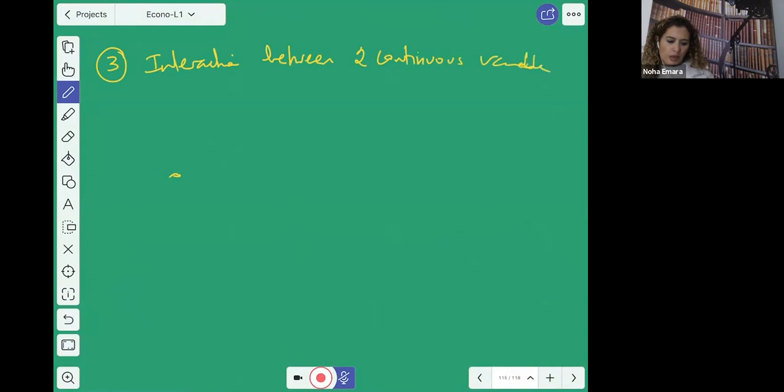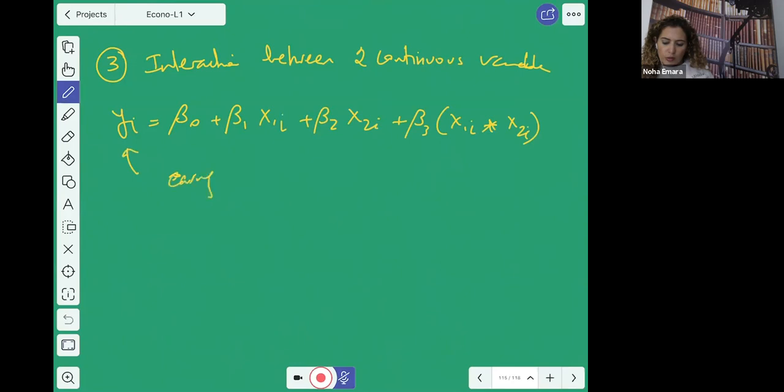So this one is the easiest, and I'm going to tell you why. So I suppose I have beta naught plus beta 1 x1i plus beta 2 x2i plus beta 3 x1i multiplied times x2i, and suppose that, again, this is earning, this is